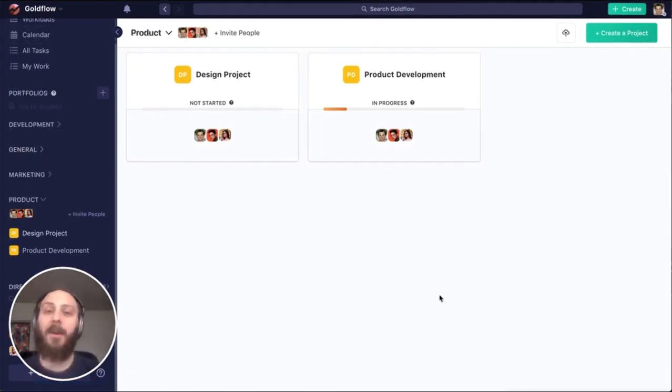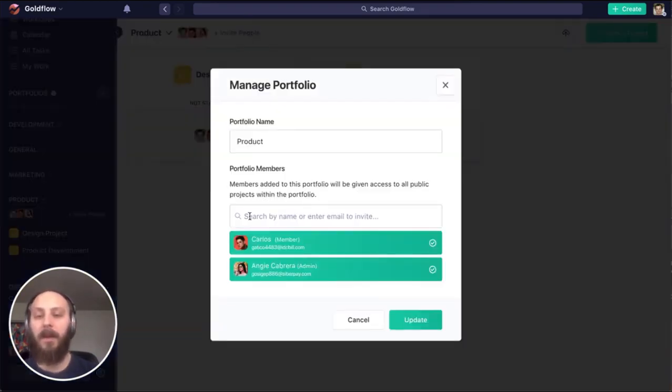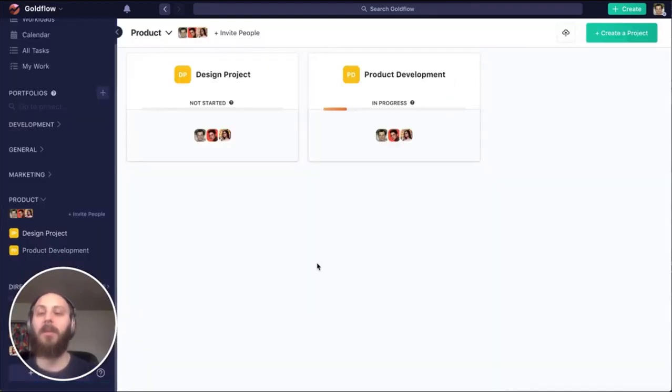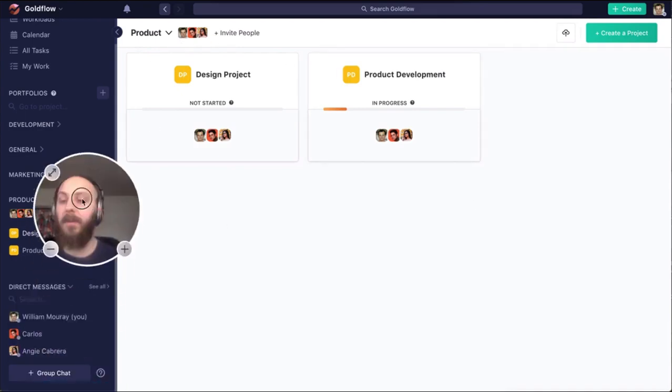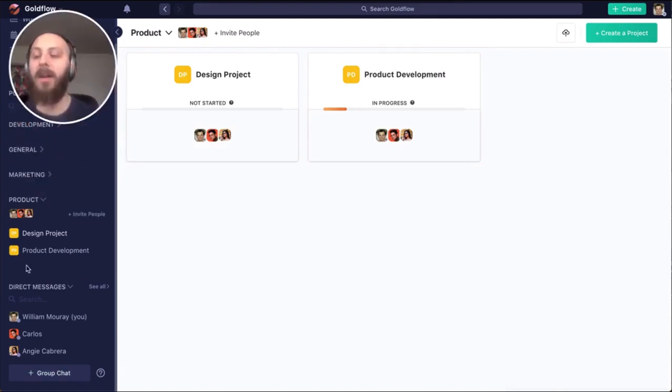Next, let's discuss how we can get other people to join us in collaboration within Nifty. There are 3 places we can invite someone to our workspace. First is right here on the portfolio level. By entering an email here, they'll be invited to our workspace and to this portfolio. Of course, we've covered that once they're invited to the portfolio, they have access to all of the projects within it. But when they're a member of the workspace, they'll also have access to our direct messaging if you have